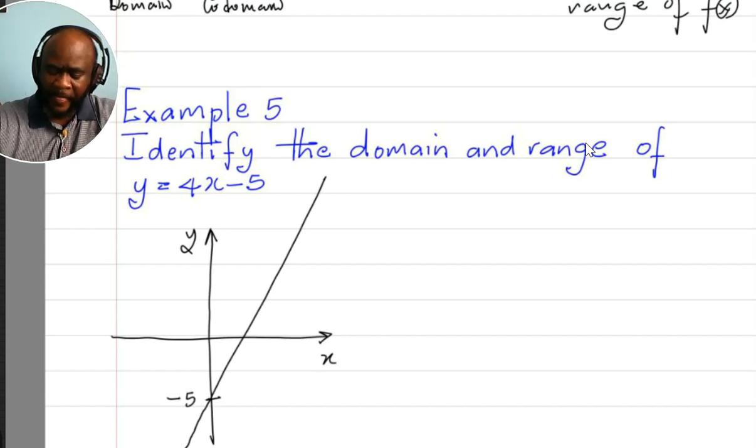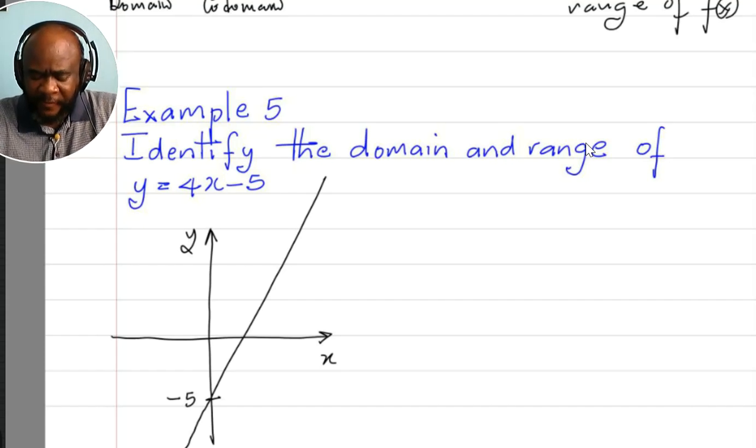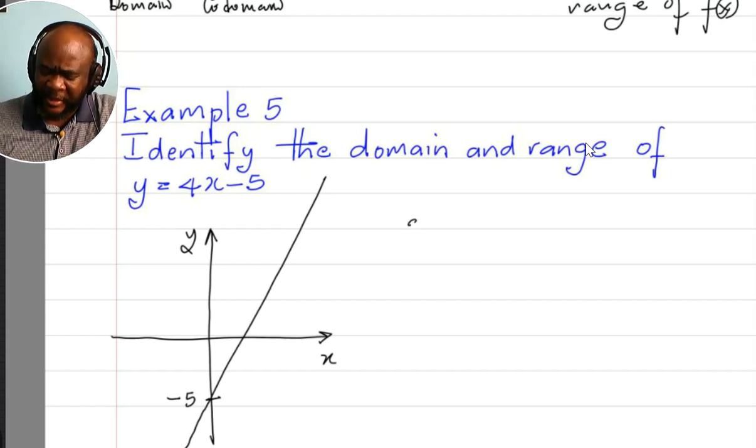From just examining the equation, you can clearly see for every value of x, and x could be any real number. x could be a positive number, x could be a negative number, x basically could be any real number. So if x could be any real number, I would say